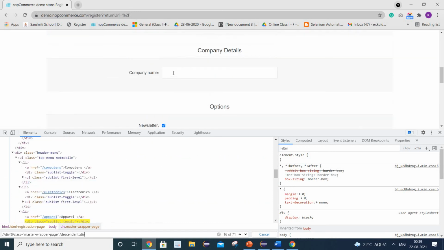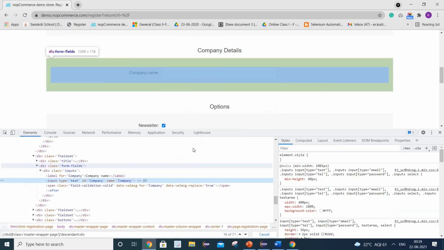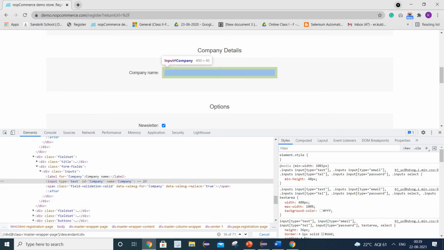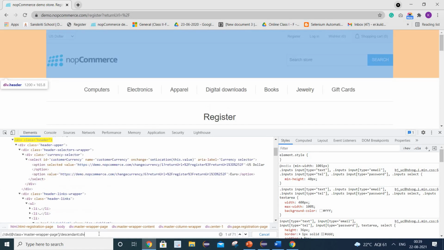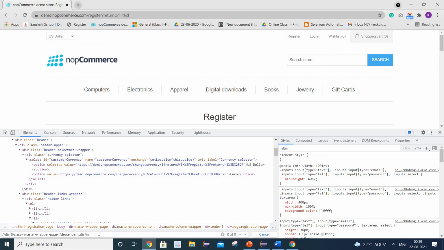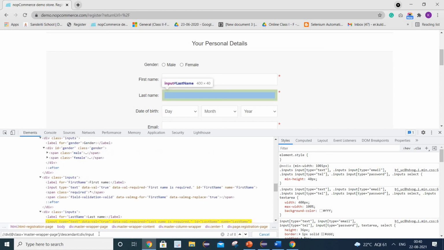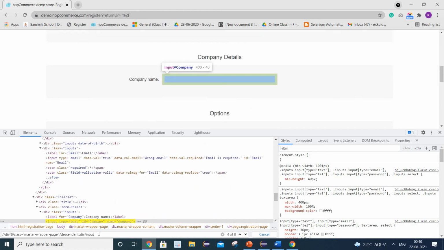Say I want to select this company name here. I want to identify this company name. You can see the ID is company and the starting tag is input here. So I will write input. For the input, you can see it has started highlighting all the elements for which the starting tag is input. But as we need to focus on this company, I will write @id equals company.